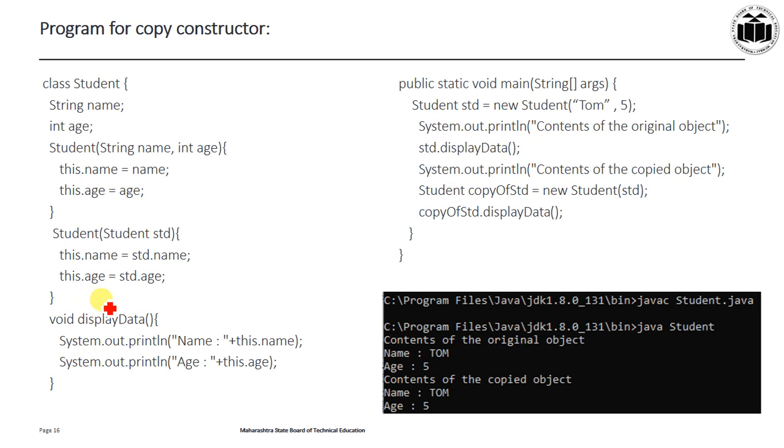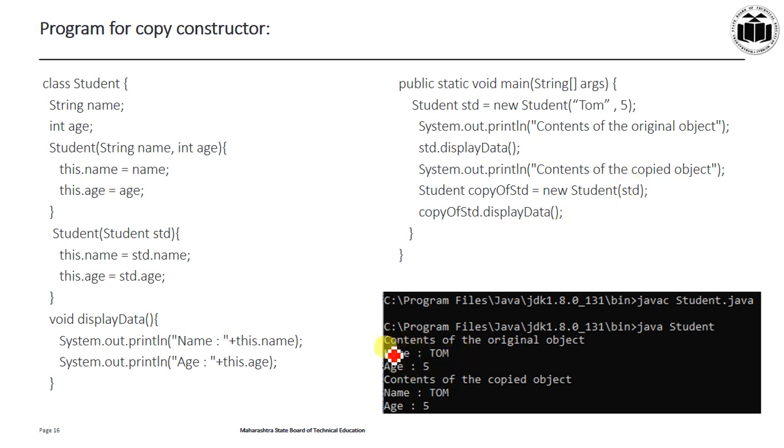So then if we create an object and invoke the copy constructor by passing it, you will get a copy of the object you have created earlier. So while calling this constructor, we will pass the parameter as the previously created object. So when we create an object, we will get a copy of this previously created object. So this is called a copy constructor.